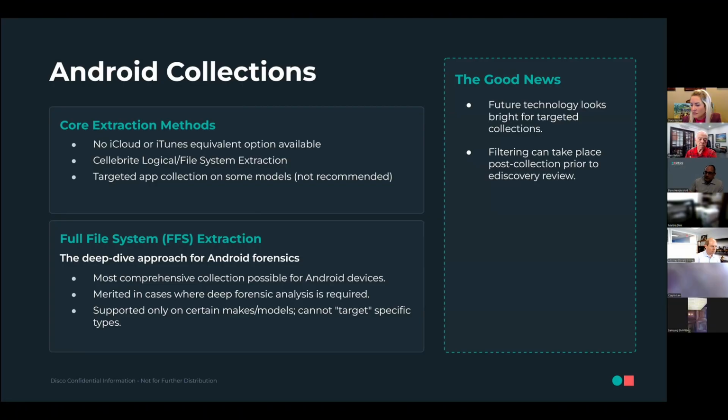And like I said, when we're dealing with Androids, if you can get a full file system extraction, get it, because doing those logicals doesn't give you that file system that you definitely want when you're doing your review, essentially. What is Cellebrite, for those who don't know? Cellebrite is a mobile... well, it's actually a full suite of forensic tools.